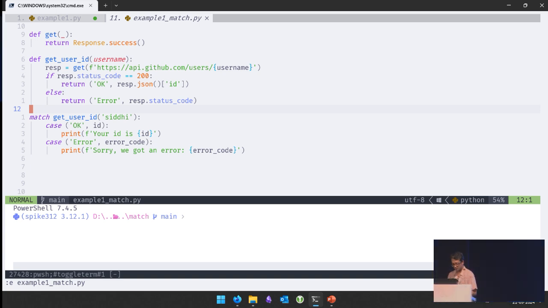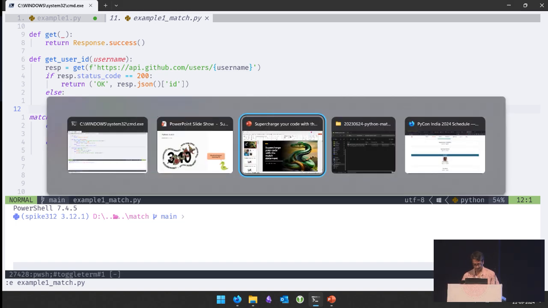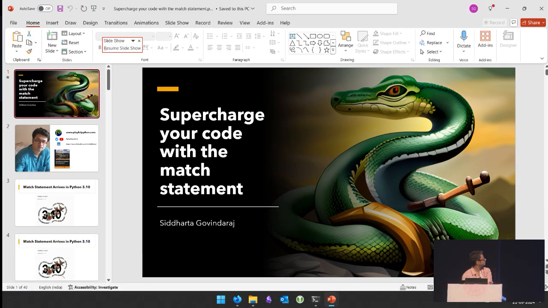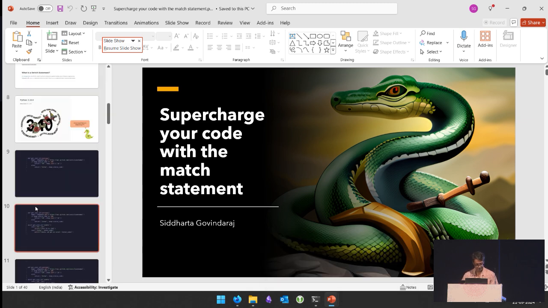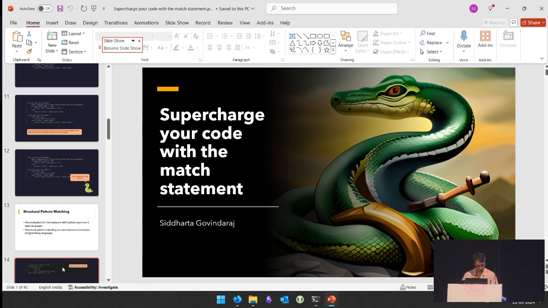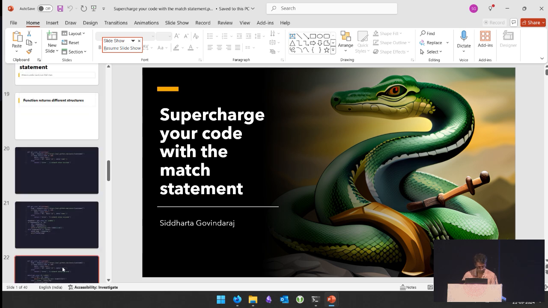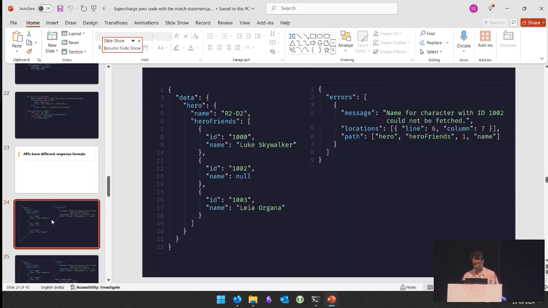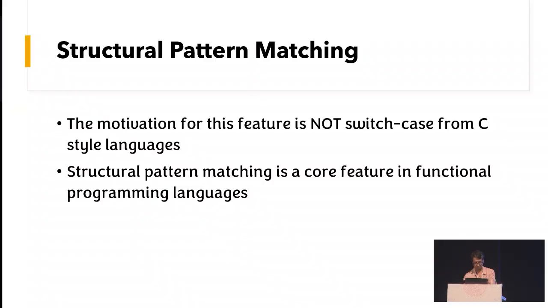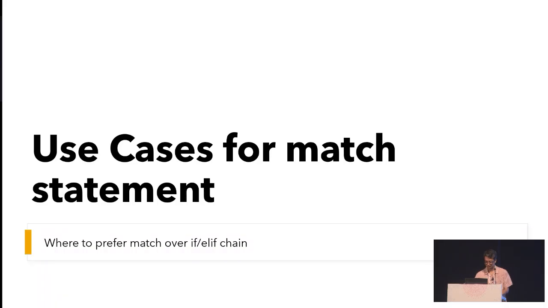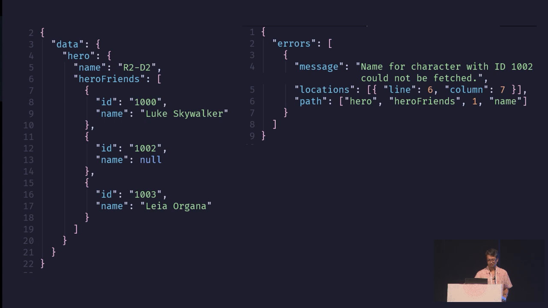Okay, let's take another example, right? So many times we have these GraphQL APIs, right? So here we have an API.